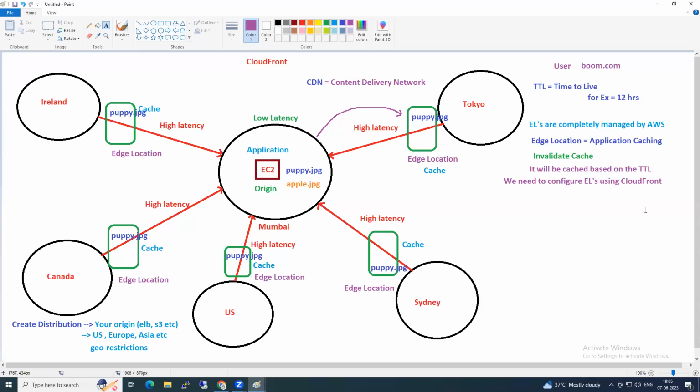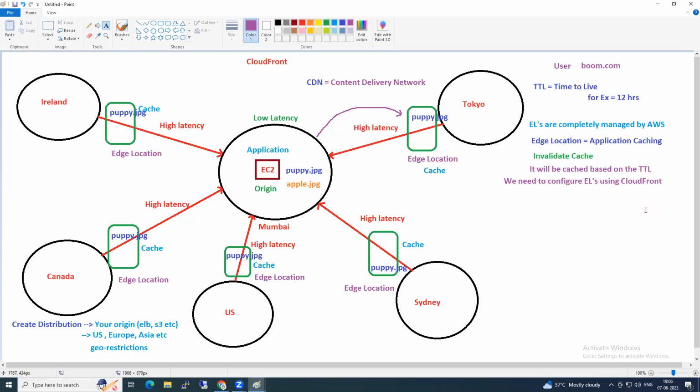Low latency. Good. So now I have my customers from Ireland, Tokyo, Sydney, US, from different places. For all of them, all the way from Tokyo, they are accessing my Mumbai application. For them, will it be high latency or low latency? You understood the problem now?